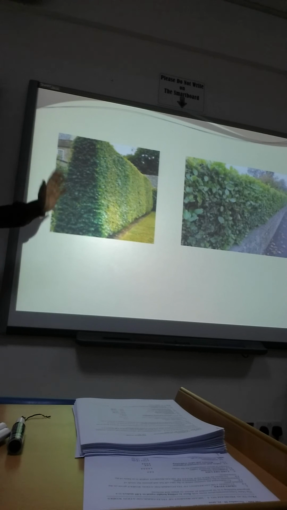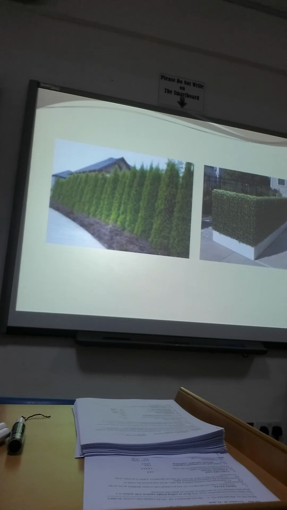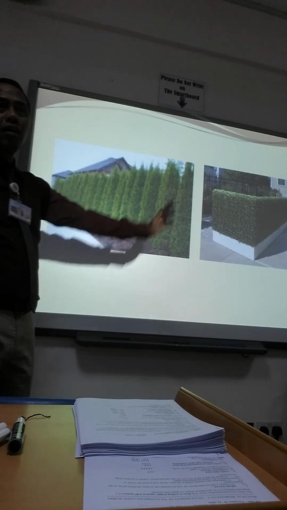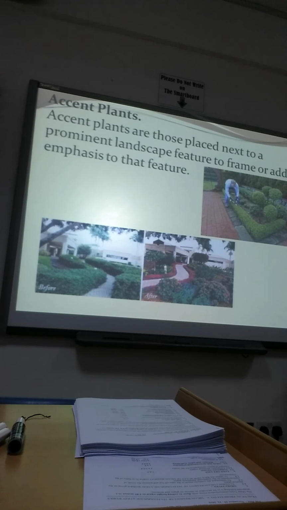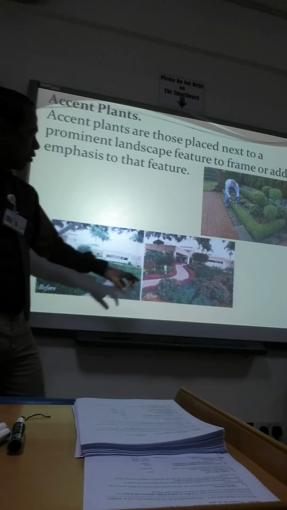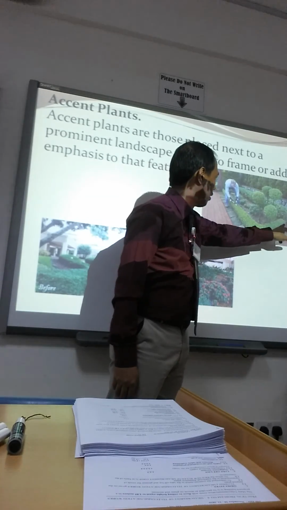Maybe in the Salalah region, it can be, but here also, when you go to the masjid, there are also privacy borders. Okay, just to protect the turf, maybe from damage. Okay, as you can see, how it is presented as a privacy border or a fence. Accent plants. Accent plants are those placed next to a prominent landscape feature to frame or add emphasis to that feature. Therefore, you can have your shrub as an accent plant,